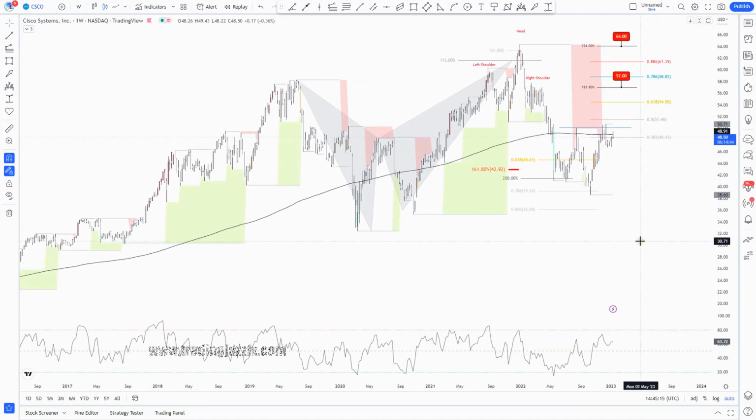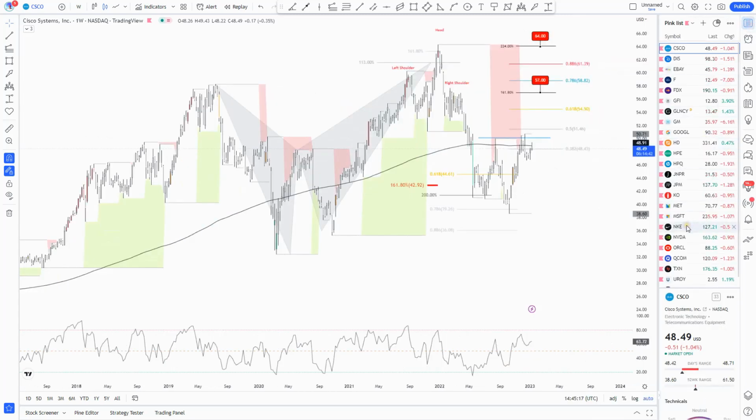And I will cover some stocks for you, and some of them with very interesting patterns, let's say. And let's start with the Cisco. So I have a list of a few of them to share. I'm not sure if I will share all of them, but I will do my best to try to cover all of them because they all have something interesting to say. So let's start with the Cisco.